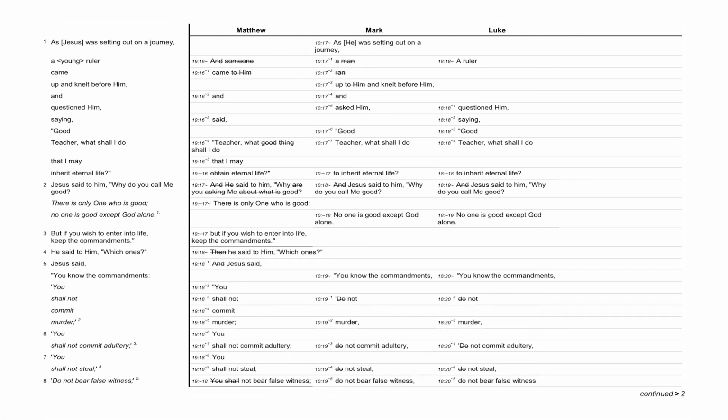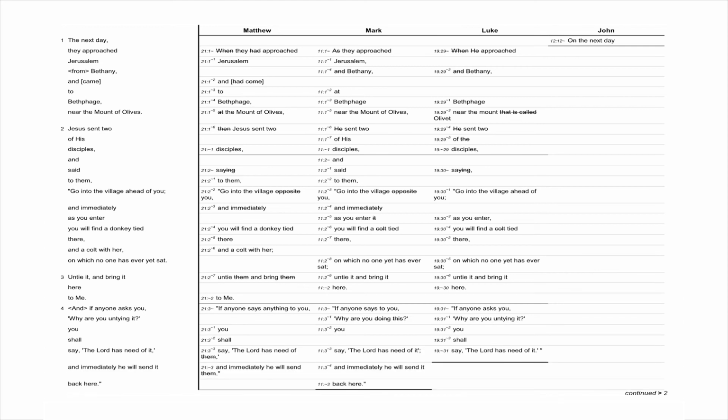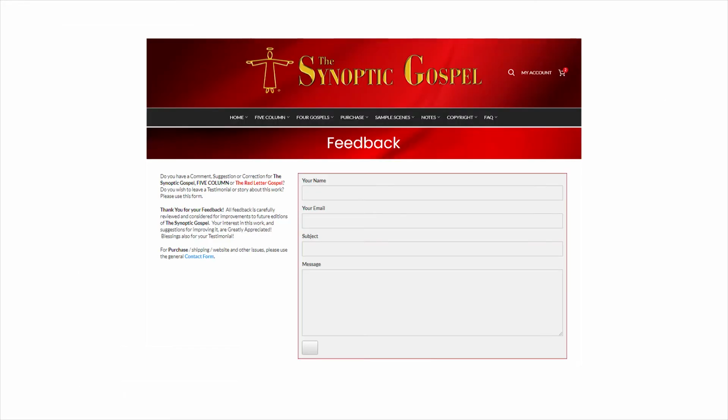if their words were precisely notated and harmonized in this way, and, because it can be seen what the textual modifications were, the merged text of the fifth column can be checked and even modified and improved. If you would like to participate in helping to refine and perfect the Synoptic Gospel, visit the feedback page at